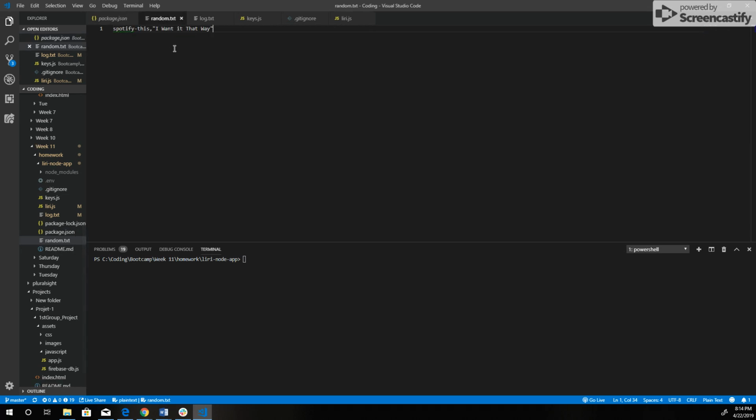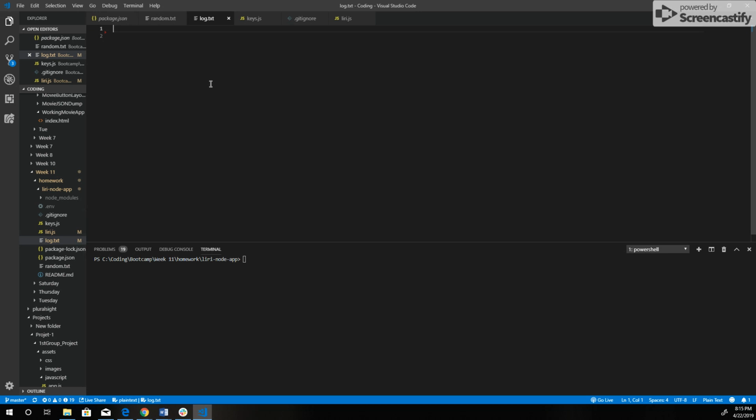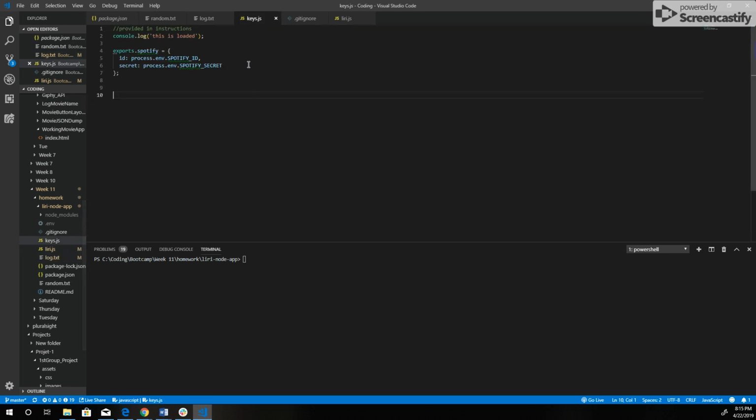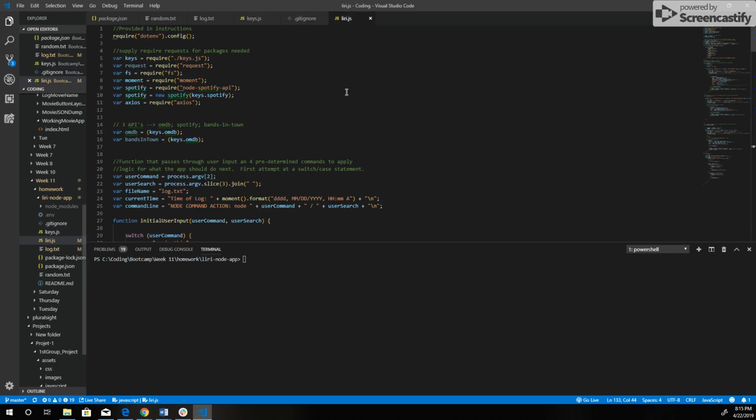I have the random text file for the last function of the application, the one that calls not from an API but from a random file. The command and search parameter to make the app work in Spotify. Also, the log text, which I currently have as an empty file. API keys for Spotify in the gitignore, and then the